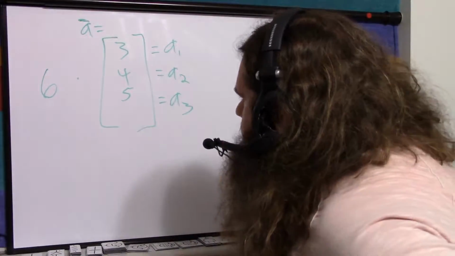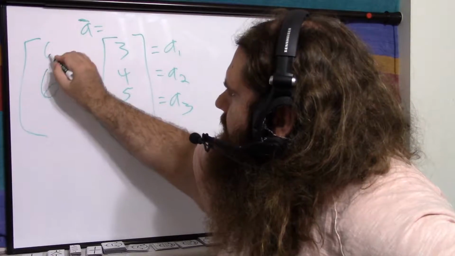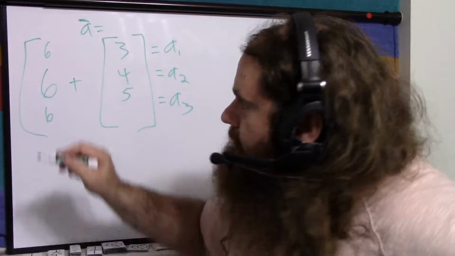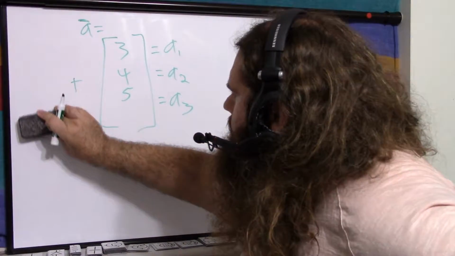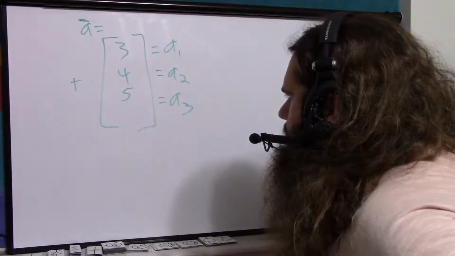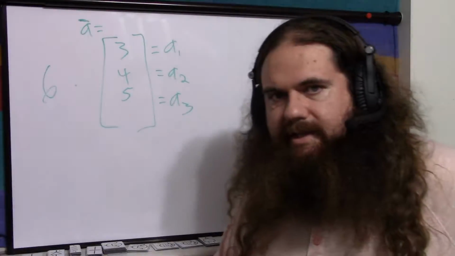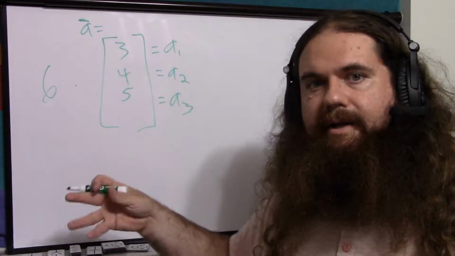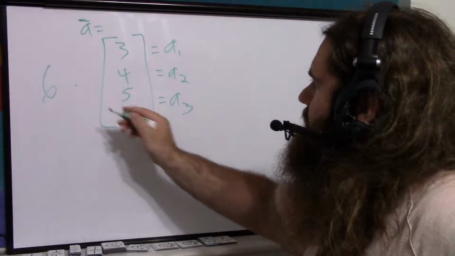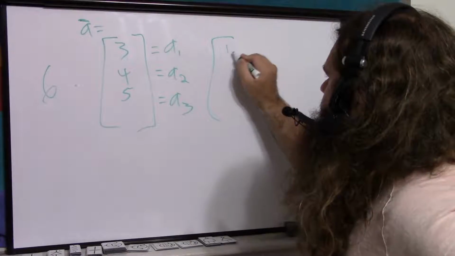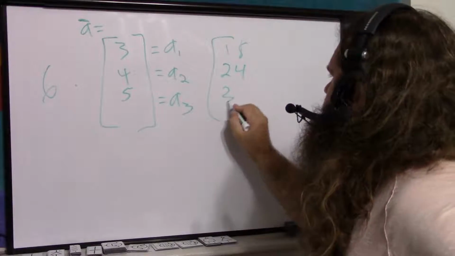So if you had, instead of multiply, you had plus, then we just pretend this is a vector 666. That was an unfortunate choice. So it's just a shorthand. If we're applying a single number to a vector, a single number is a scalar, and we just do it to each one. And that's why it's called a scalar, because it's usually multiplied, and it's a scaling factor. It's 6 times this vector. So it'd be 6 times 3 is 18, 6 times 4, 24, 6 times 5 is 30, so you just